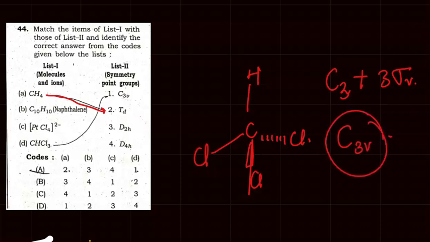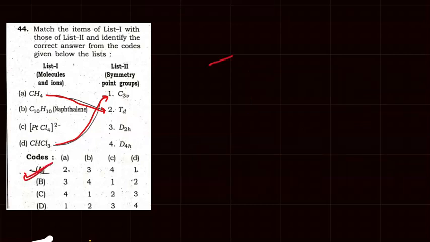So option molecule D, the point group will be 1. If it is option A, it is 2 for A, it is 2 for A, it is 1 for D, so option A will be the correct one. Similar to that, for naphthalene,